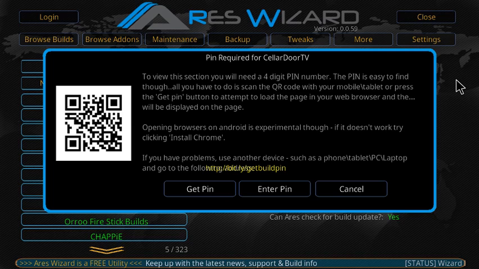But they're always closing off different things, different programs. Kodi still is a good